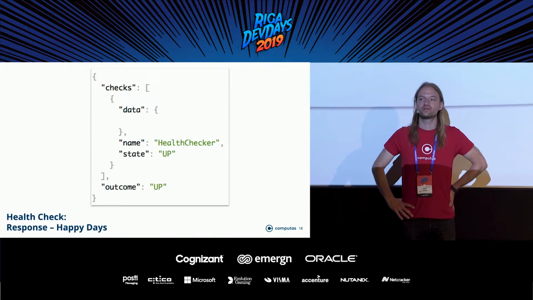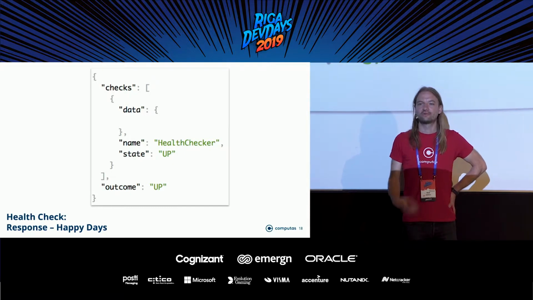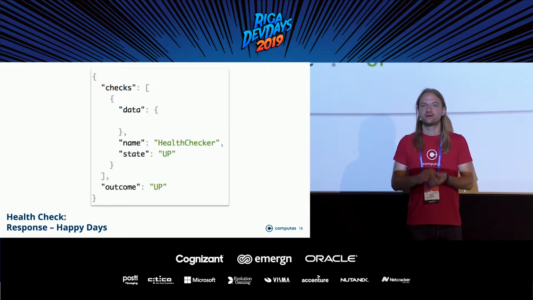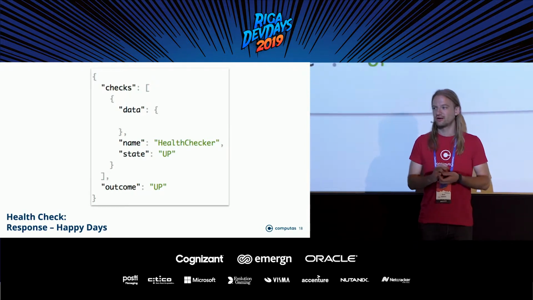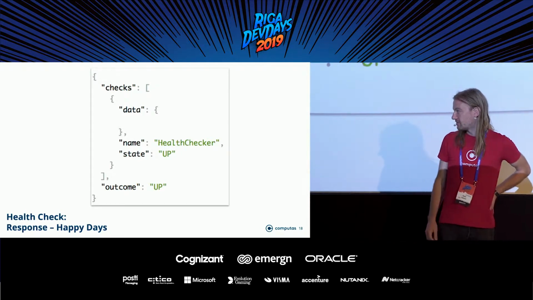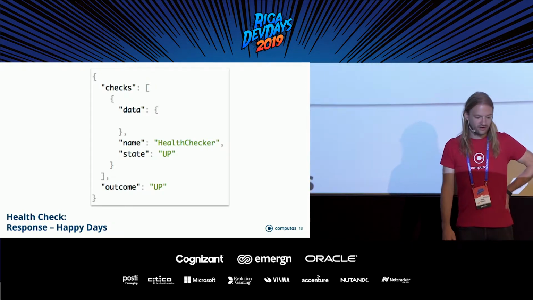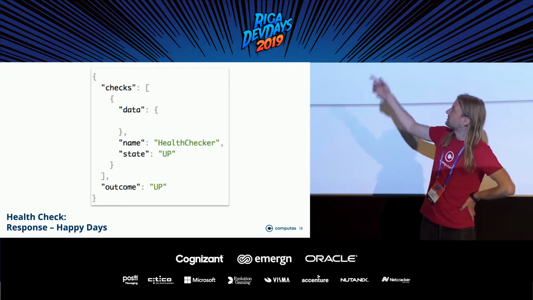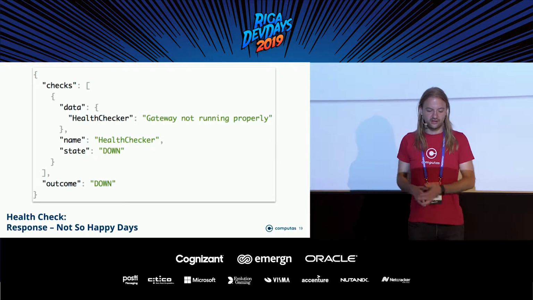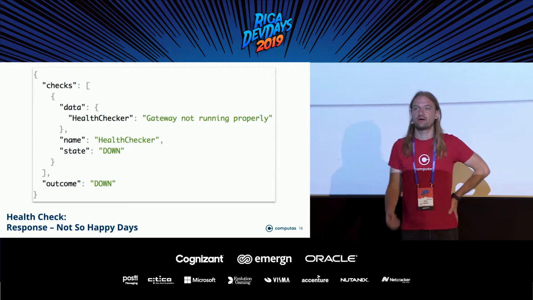Okay, so a few of you are using Kubernetes. So this fits exactly into the Kubernetes health check, the liveness probe and the readiness probe. The health check from MicroProfile is really suited for that. It's kind of made with that in mind. So this is what you get when it's up, and when it's down, you get another response, which you can configure yourself. So you can see that this service is down, it's not working, like the not-so-happy days. And you can see the output here, gateway not running properly. So this is the health check we have for our gateway service.